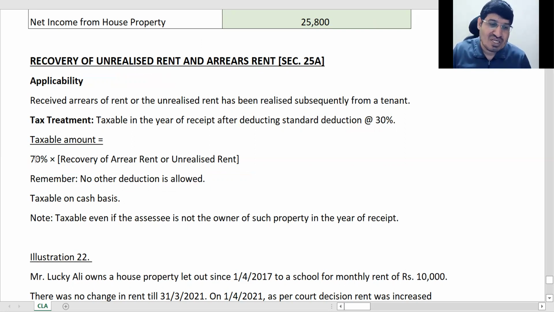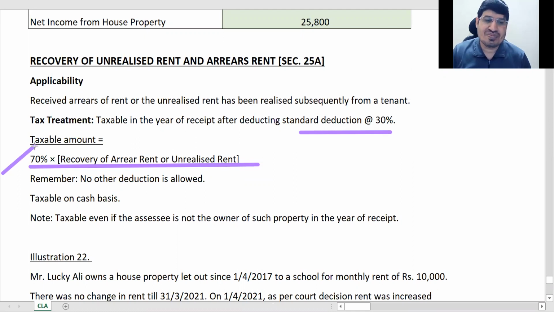What will be the taxable amount? Just 70% of the recovery. And how it is computed? Take the amount recovered, deduct the standard deduction of 30%, so final value will get this 70%, ठीक है।